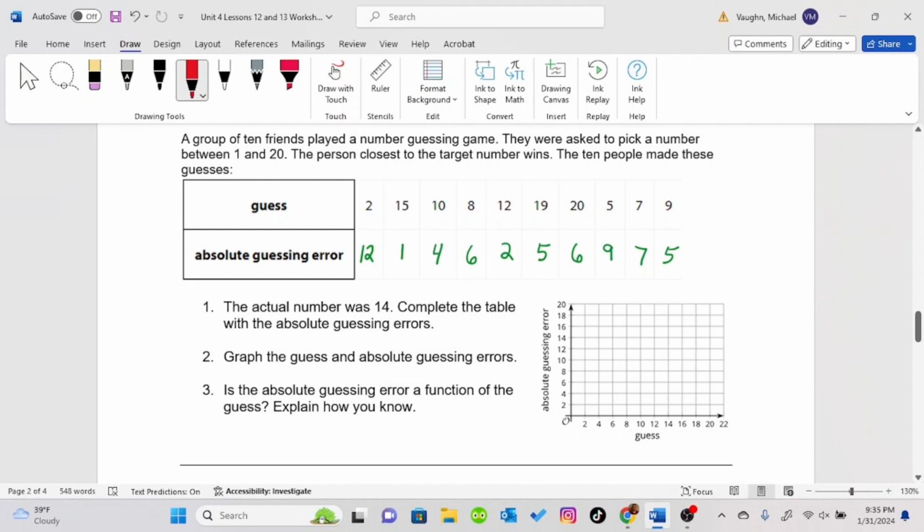So we have 2, 12, 1, or 15, 1, 10, 4, we have 8, 6, 12, 2, 19, 5,